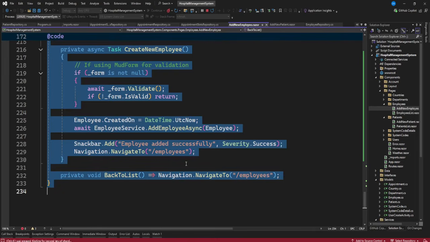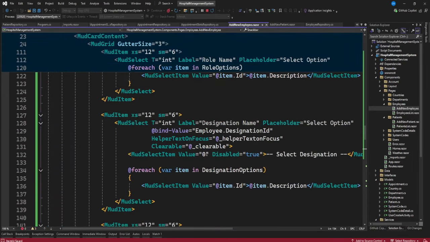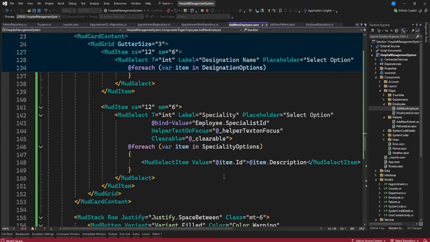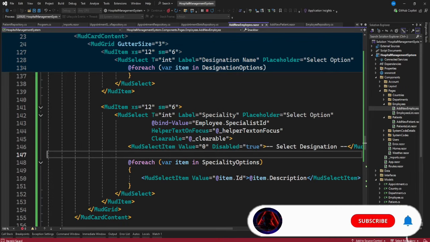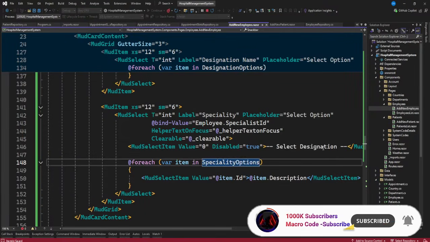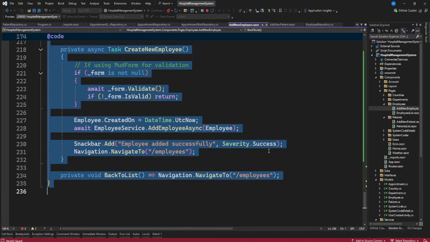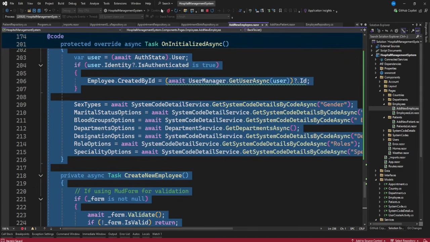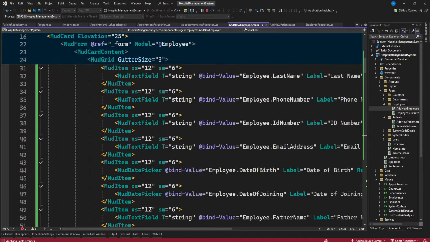So that's one of them. We also have specialization, I believe so. Let's see here, specialty. So we need to do select specialty. Once you do that, let's format our code and update our application, and we should be having all the